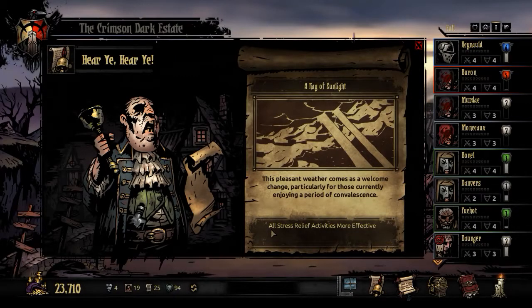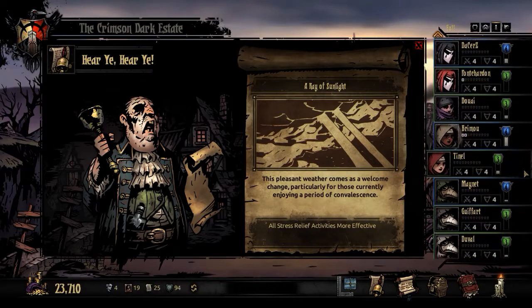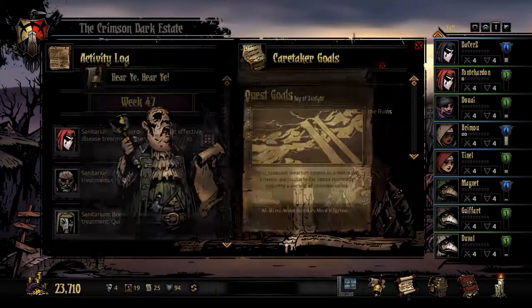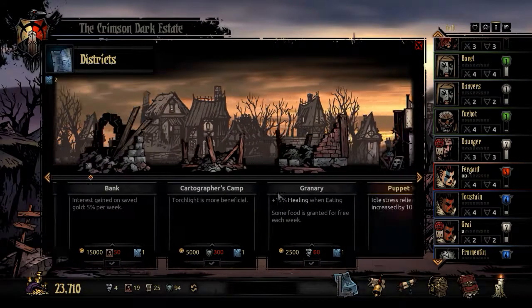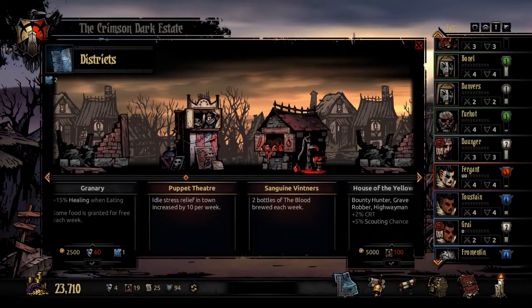A ray of sunlight, a beacon of golden hope. So I'd be really thrilled with all stress relief activities more effective if my stress levels weren't so damn low already because of the district I bought. What is that district called once again? It's the Puppet Theater. I love the Puppet Theater. So far, all I have is the Puppet Theater and the Sanguine Vintners. I've got two